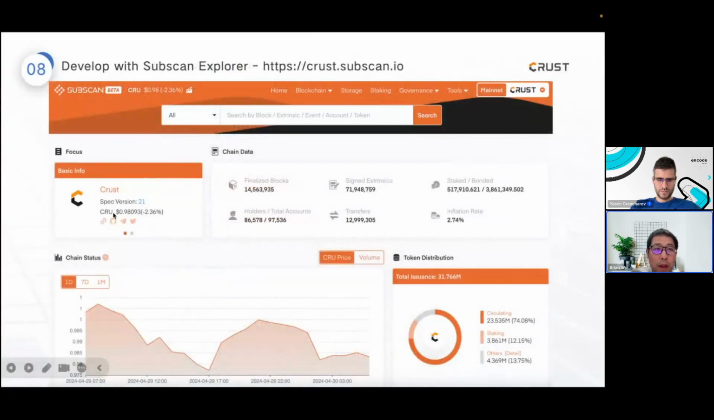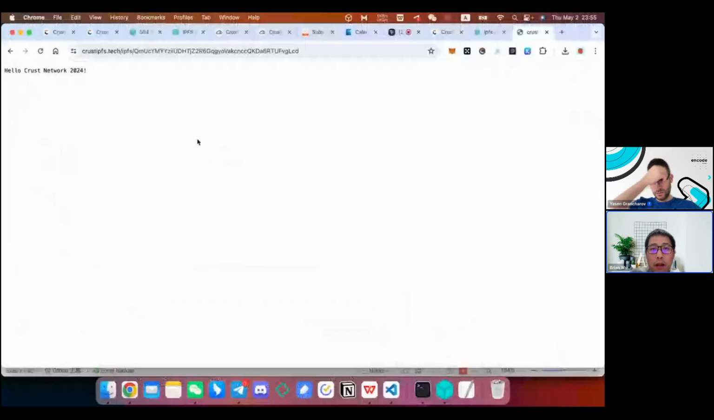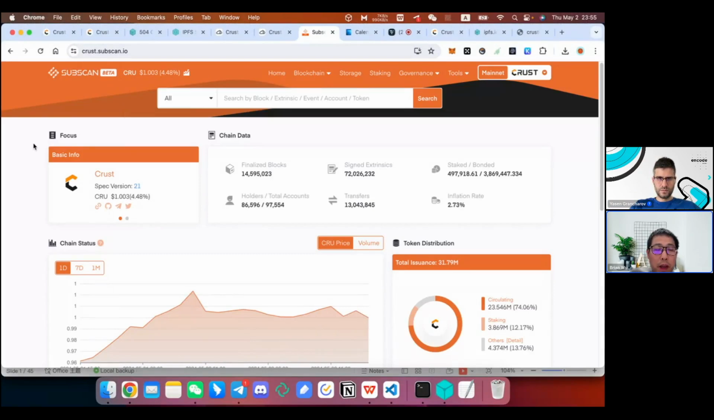Okay, the last part is the Subscan Explorer. This Explorer provides comprehensive functions to query and analyze the on-chain data. Let's have a quick look at it. And here is the main page of the Crust Subscan Explorer. You can see some statistics of the current chain status. And you can also query the data like the blocks, the transactions and transfers, events, assets, and account details